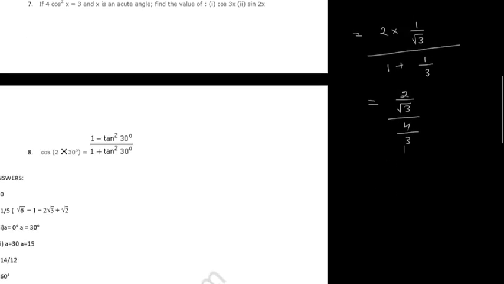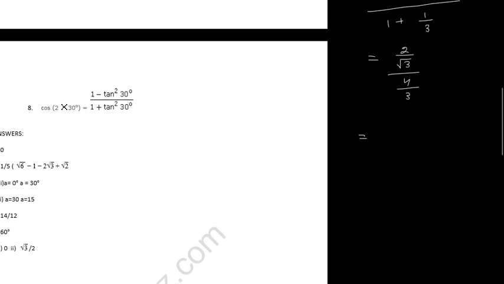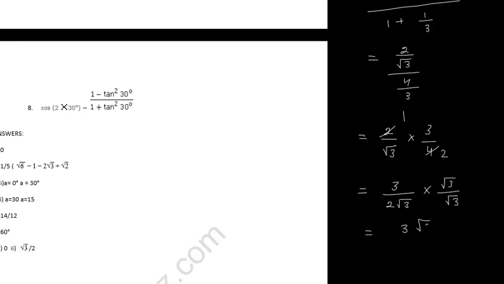So this I will say is equal to 2 upon root 3 multiplied by 3 upon 4. So 2 one's are 2 and 2 twos are 4. So this is 3 upon 2 root 3. Now this I will rationalize, I will multiply and divide by root 3. So I will get in numerator 3 root 3 and denominator 2 into 3. Now this 3 and this 3 will cancel and finally I will get root 3 upon 2. Let us consider this as third equation.